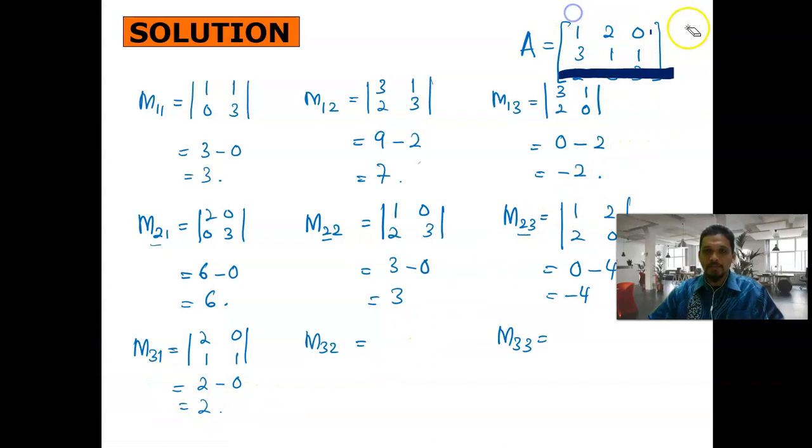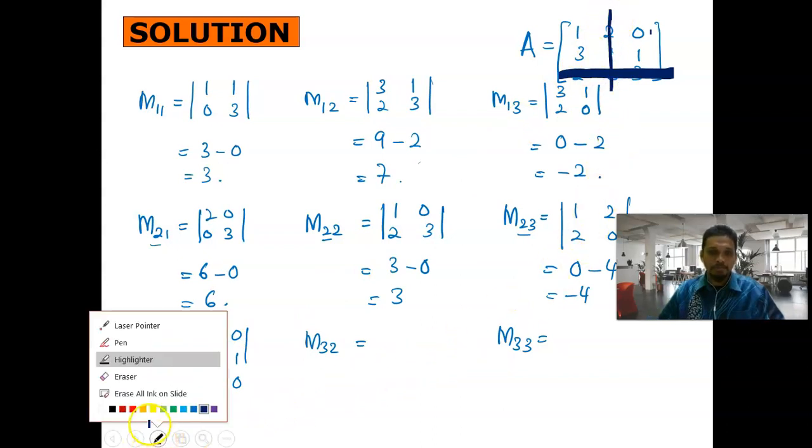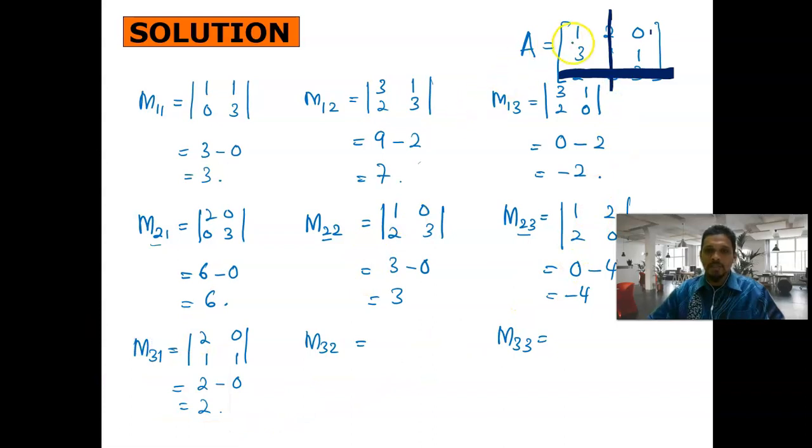Okay. Then we delete the second row. So what's left here now? We got 1, 0, 3, 1. So 1 times 1 equal to 1, minus 3 times 0 equal to 0. And it is equal to 1. Okay. And then next,